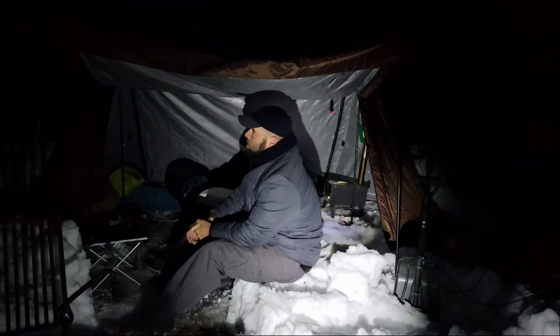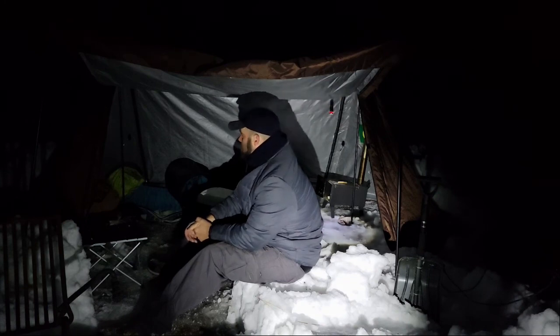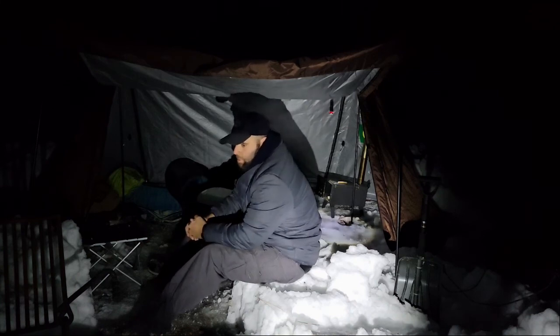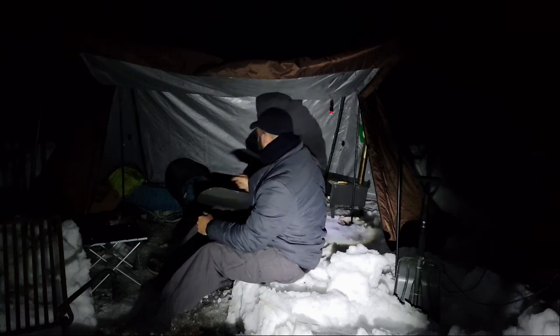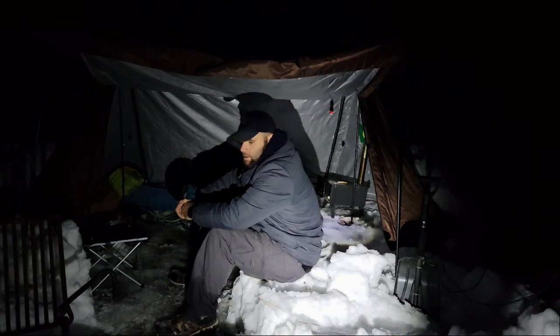It's actually not supposed to be that cold out tonight. It's supposed to be in the 21, 22 degrees out here tonight, so hopefully it won't be too bad. Get the fire going here after a little bit. Trying to wait till it gets a little later. It's roughly around 6 o'clock right now, so hopefully get that going, cook up some dinner, got some steak. Just got the stove all ready to roll. Probably get that going after a little bit. Should be a good night. Definitely looking forward to it. Hopefully